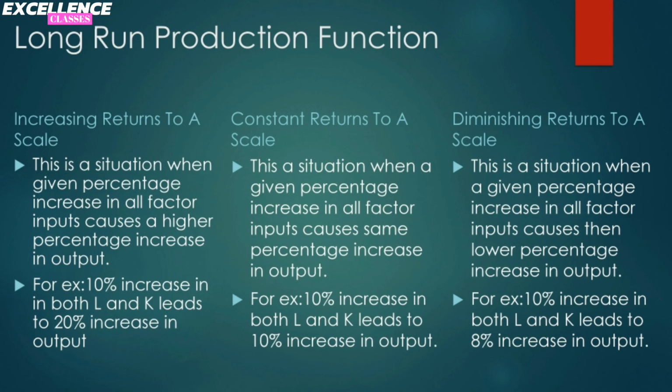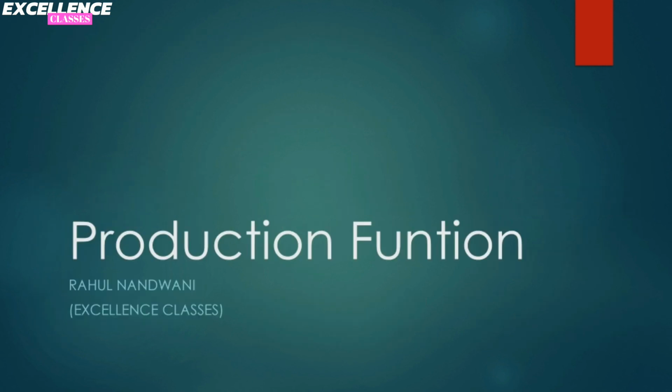And the last one is diminishing returns to a scale. This is a situation in which a given percentage increase in all factor inputs causes a lower percentage increase in its output. For example, 10% increase in both labor and capital will lead to 8% increase in its output. So this was all about chapter number 7 of